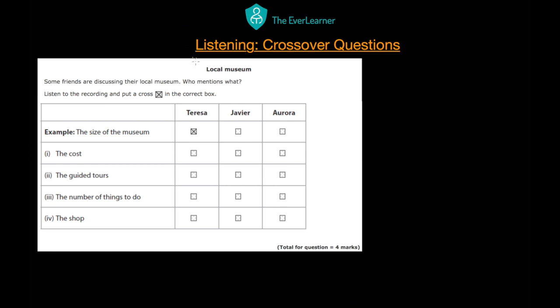In this case, the question is called local museum, which in Spanish would be something like museo local. So this is the type of question where you are going to listen to three people, Teresa, Javier, and Aurora, and each of these people are going to tell you something about an aspect of the museum, and you have to say which aspect each person is talking about. We know that Teresa is talking about the size of the museum, so no other person is going to talk about the size of the museum. All the things you're going to hear about is the cost, the guided tours, the number of things to do,